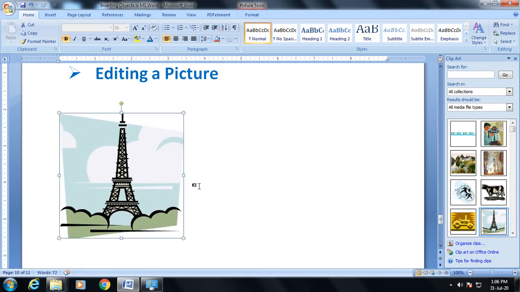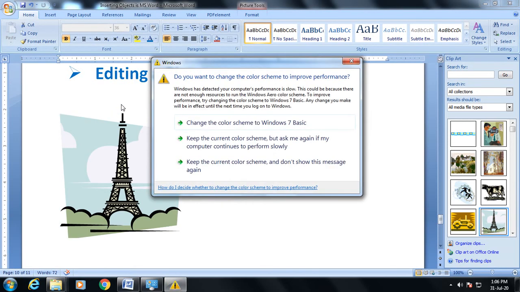In this way you can rotate your picture. Now these eight dots are there to increase or decrease the size of the image, and this green dot is there to rotate the image. This is done by the rotation handle.